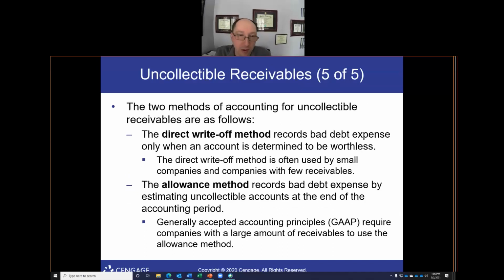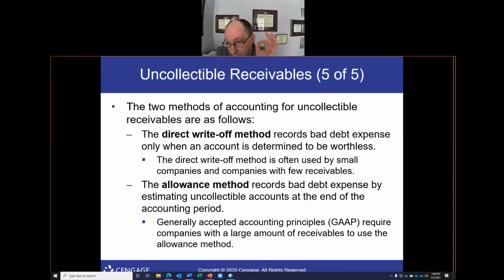So what do we do? We have to write off the debt, right? So when you hear the word write-off, it's usually good for the company's taxes, right? That's why they do a lot of write-offs for purchases or for other things. In this case, we write off the bad debt. We debit.